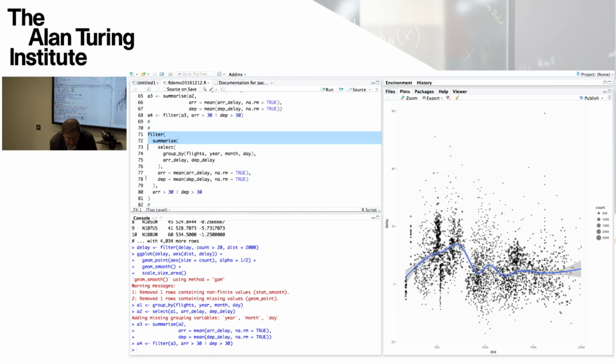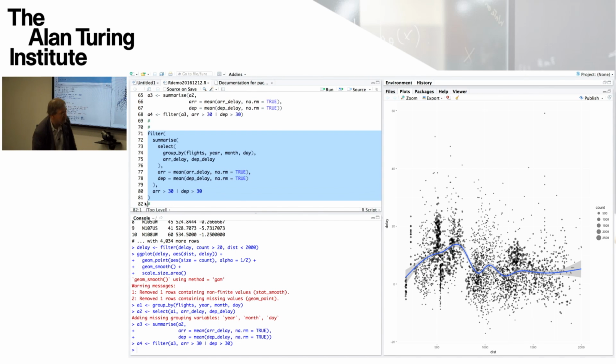So what am I doing here? Well, I'm embedding them in this big nested list. What am I going to filter? Well, I'm going to filter the result of the summarize. What's the summarize? Well, it's applied to the select operation, and then the summarize has these two arguments in addition to the select operation, and then the filter has these arguments in addition to do the filtering. So I could do that and I get the same result.